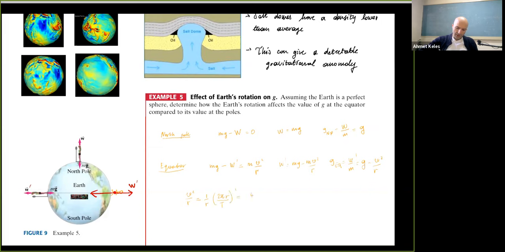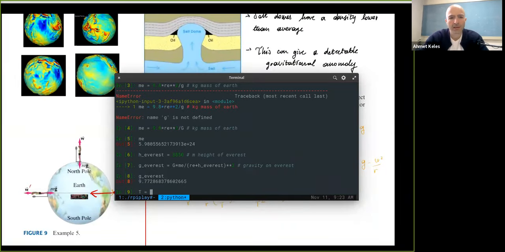And this should be equal to 4 pi squared r, I just cancel r's, divided by T squared. Okay, let's call this delta g at the equator. A little bit of difference around the equator. Now, in this expression, you know Earth radius. What about T? Do we know T? Oops, T squared, thank you. T squared, good job. Do we know T here? How do I get this number? Yes, exactly, right? It's like 1 day because Earth is rotating by itself. Let's calculate this. T is equal to 24 hours times 1 hour is 60 minutes times 1 minute is 60 seconds, which is equal to